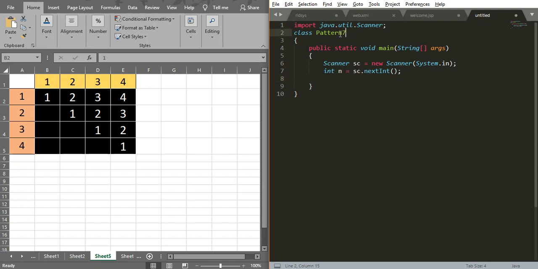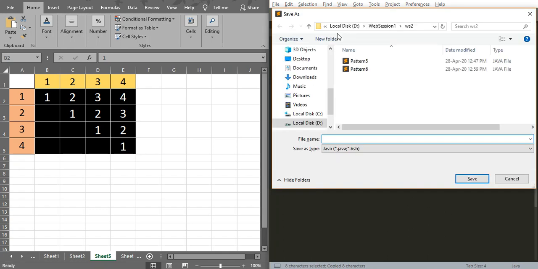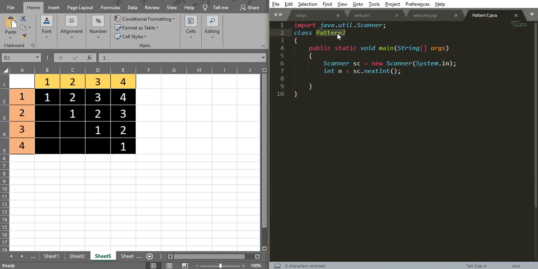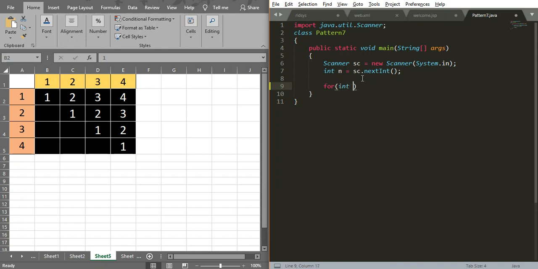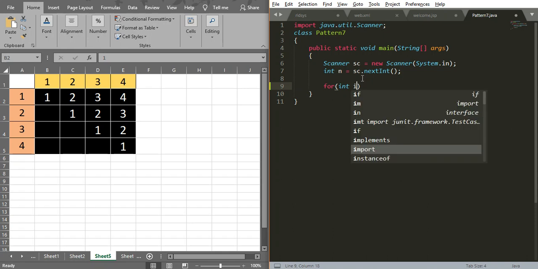I'm saving this program as pattern7.java. Okay, so I'm writing the for loop for generating the number of rows, int i equal to